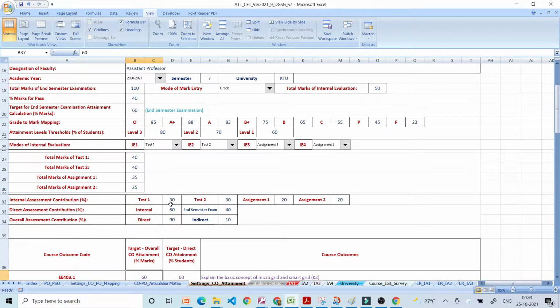From the value computed from internal assessment, 60% will be taken for computing direct internal contribution and 40% will be taken from end semester examination. Now we need to combine the direct assessment and indirect assessment. For this, the weightage of direct assessment is given as 90% and for indirect assessment is given as 10%.